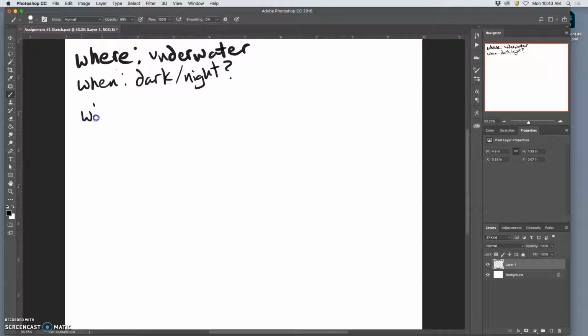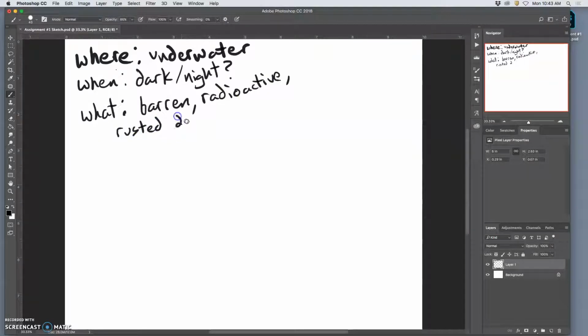And then we were thinking the what. What kind of things do I want in this underwater? Well, we want it to feel like it's barren, devoid of typical life. We want it maybe radioactive. So some ideas. We want it to maybe have like rusted debris. I was thinking like what would be interesting would be to have like coral that was the source of the radiation. That kind of stuff. All right. So the important thing is this starts to give us some search terms